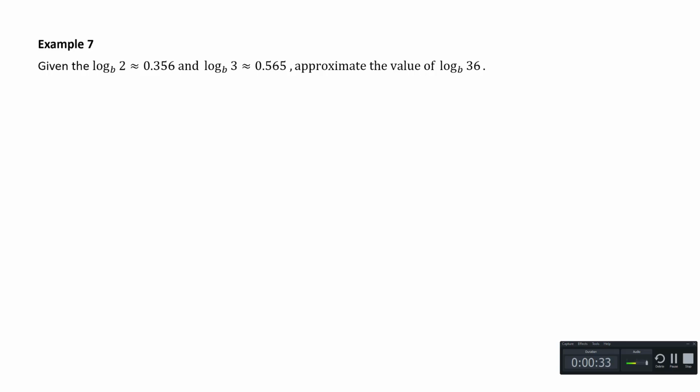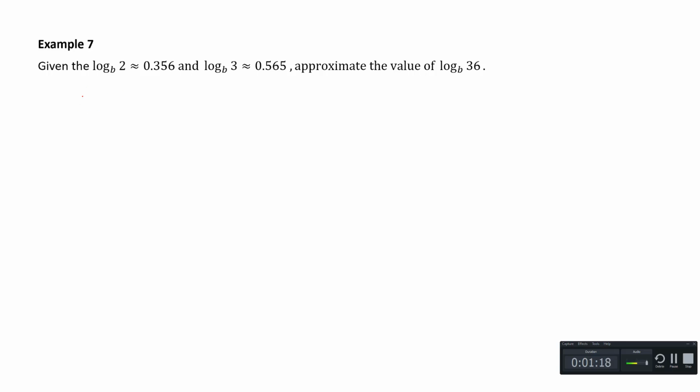Okay, here's an example where we're going to use these properties that we've been learning. Given that log base b of 2 is about 0.356, and log base b of 3 is about 0.565, approximate the value of log base b of 36. So basically what we want to do here is write 36 as a product of some powers of 2 and